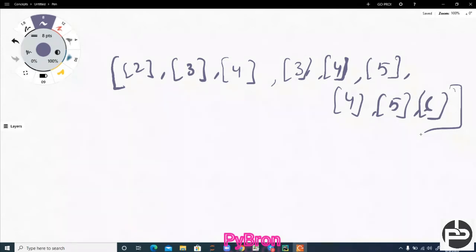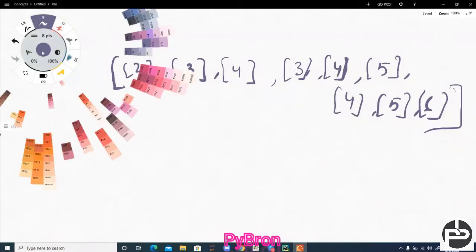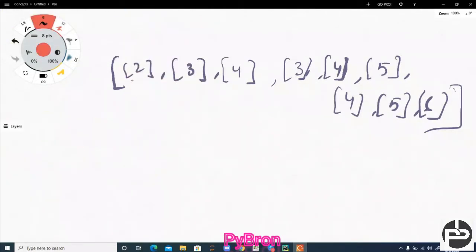Basically, what you can see here in the first value, let me change the color so I can elaborate. The first value is 2 3 4, in the second the starting number is 3, and in the third the value starts from 4. So you can understand some logic of what is happening here, right? Now let's understand the concept first.